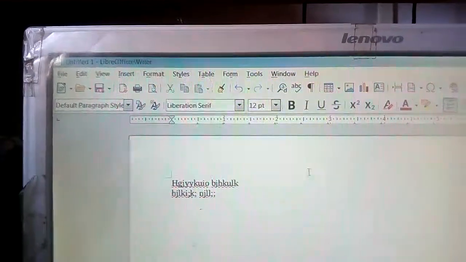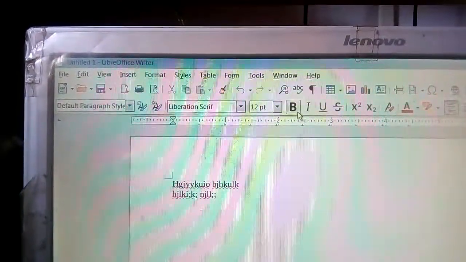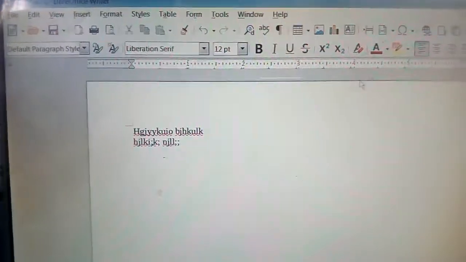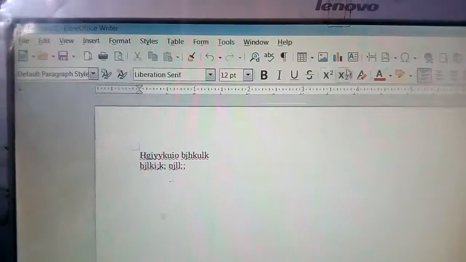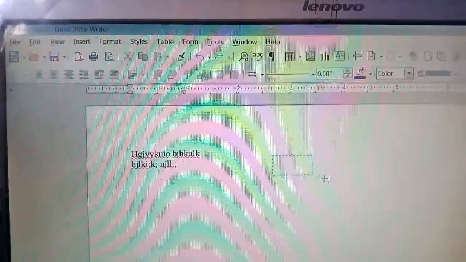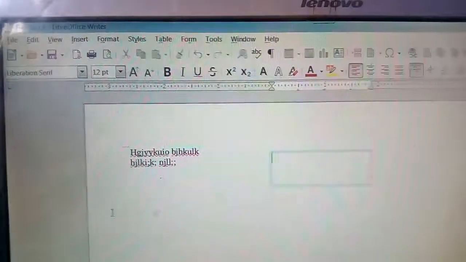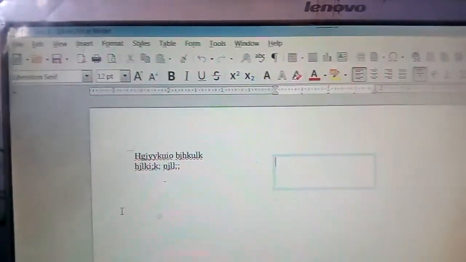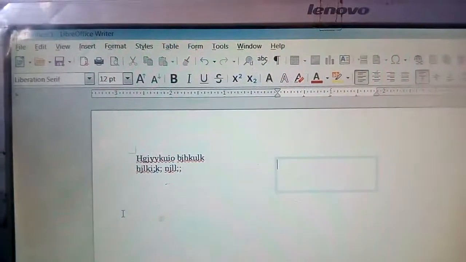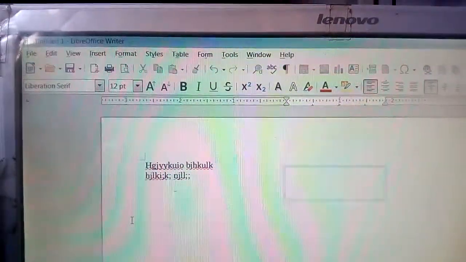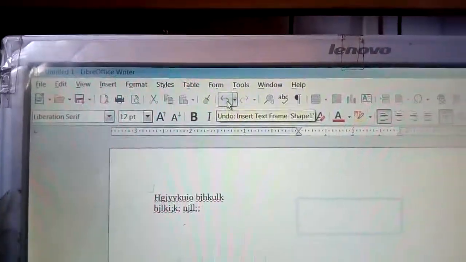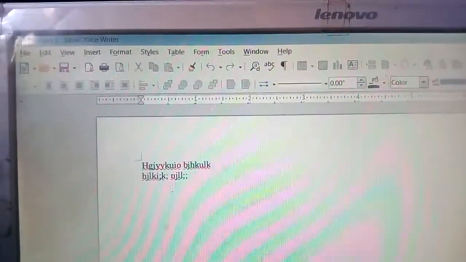So you can do that. Suppose this one is the text tool, so just click over here, then you can see the I-beam will come here. You can type any text, so that is the text tool. Okay, I think it's clear. I am doing undo. So this is the text area.